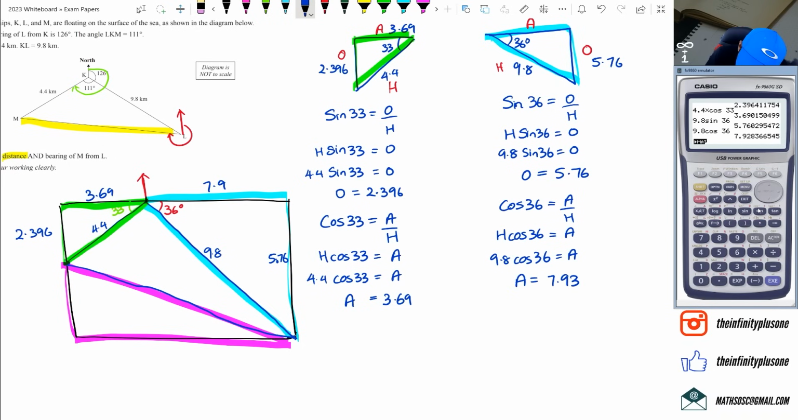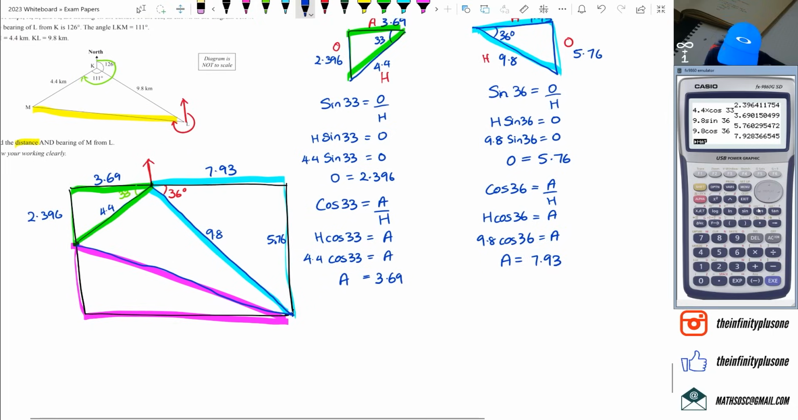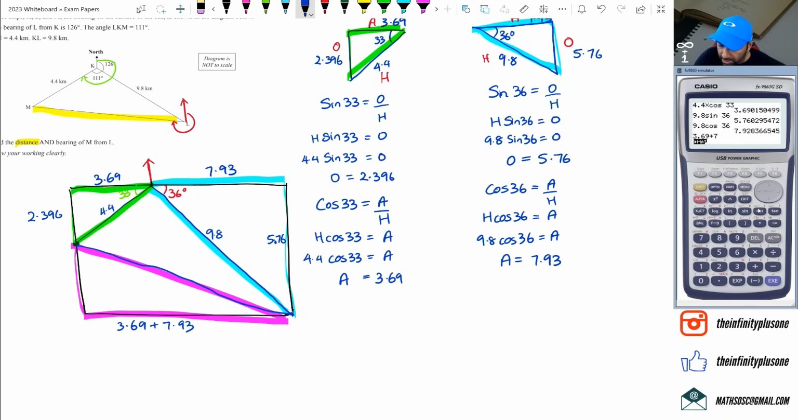So 7.93 is the adjacent. All right, so now if I look at the pink triangle's base, that's going to be 3.69 plus 7.93, which is going to be 11.62. Then I've got to worry about the pink triangle's height, which is going to be